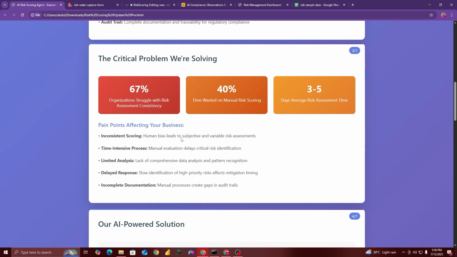The critical problem that we are solving is that 67% of organizations struggle with risk assessment consistency. 40% of the time is wasted on manual risk scoring, and the average time for risk assessment is around 3 to 5 days.